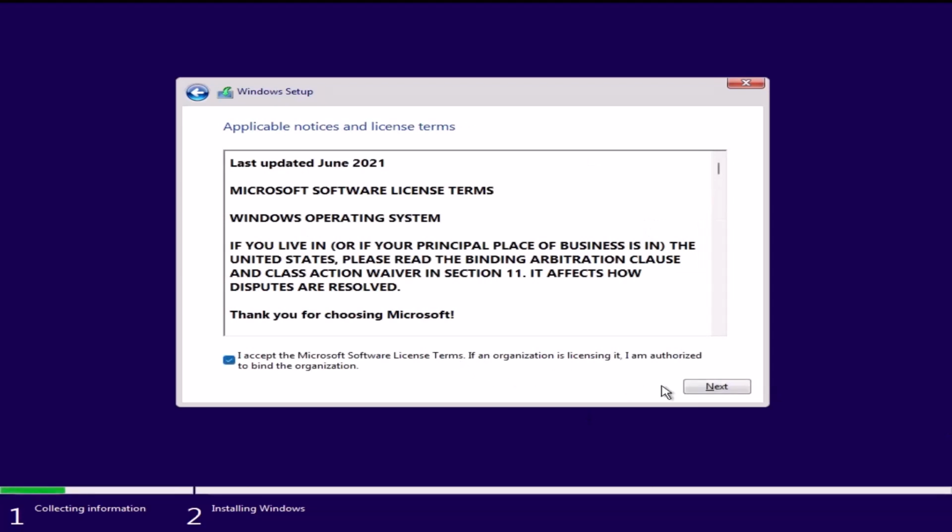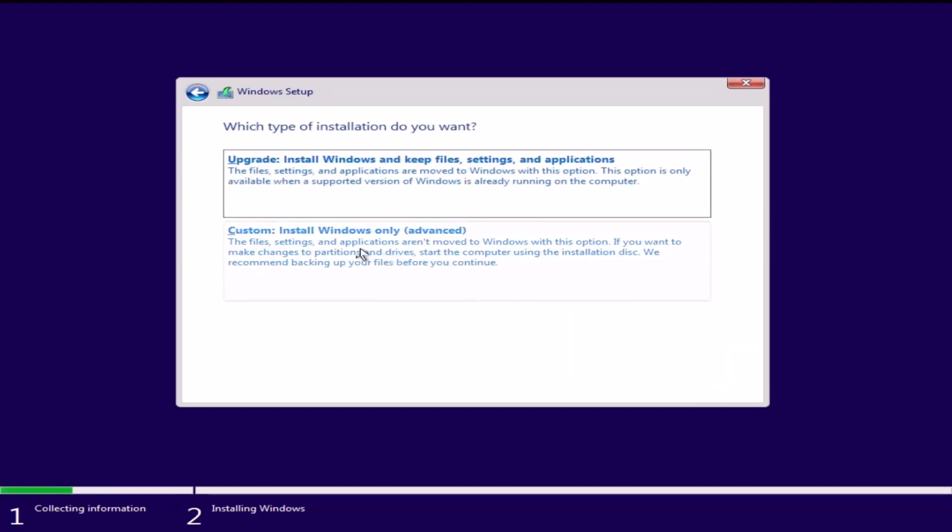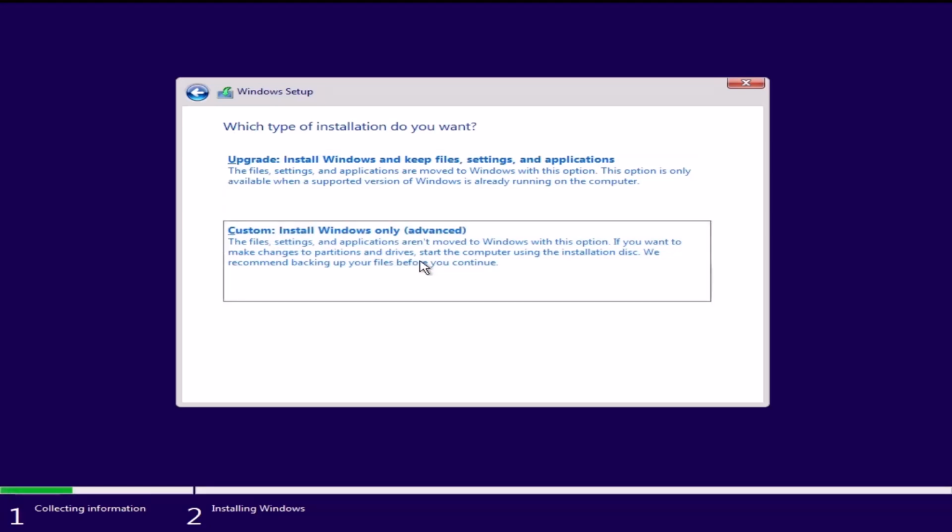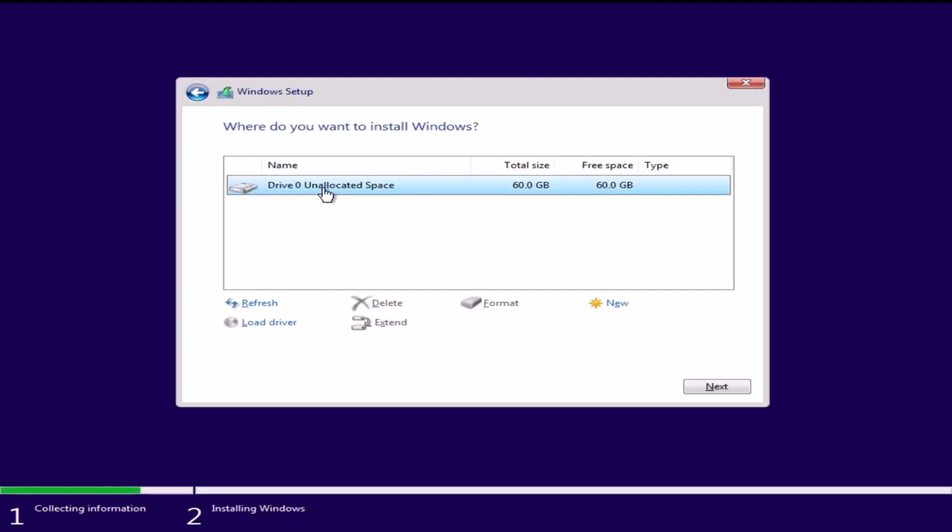Click I accept the Microsoft software license terms and make sure you select the second option, which is custom install Windows only, advanced. Now what we need to do, if you have a number of partitions created here, for example, by default, if you try to reinstall Windows, you will have potentially 4 partitions. If you do, all you need to do is click on each individual partition and then delete until you're left with, depending on how many drives you have,